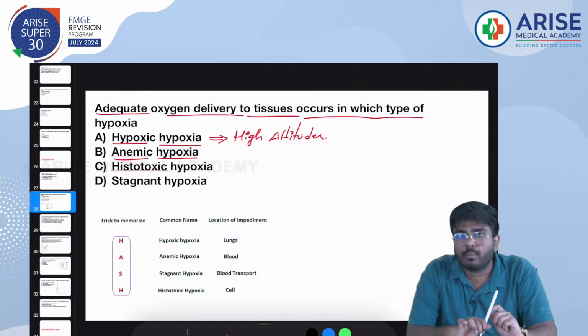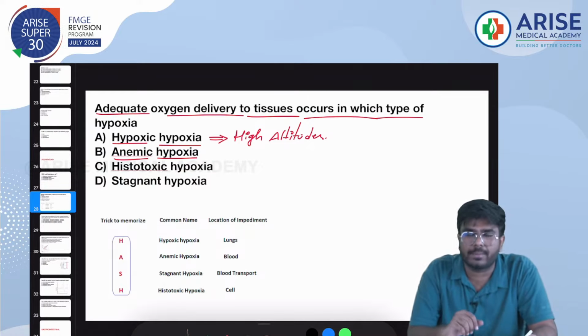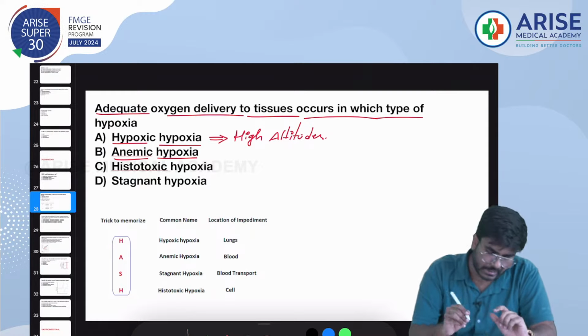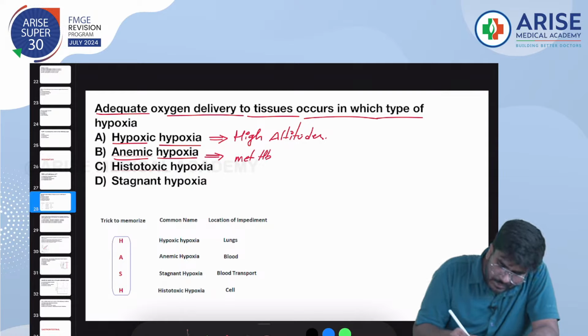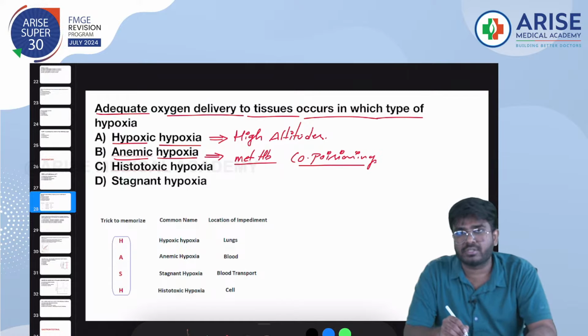Anemic hypoxia, the problem is with the hemoglobin. There is some problem with the hemoglobin, maybe methemoglobinemia, okay, or carbon monoxide poisoning. So anemic hypoxia is going to be seen in methemoglobinemia or carbon monoxide poisoning. Okay, carbon monoxide poisoning. The patient is going to have anemic hypoxia where the oxygen is